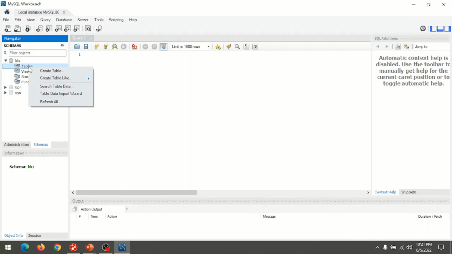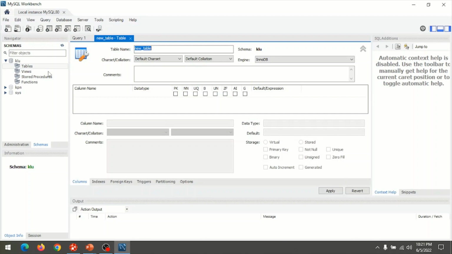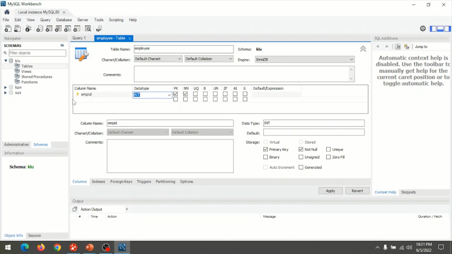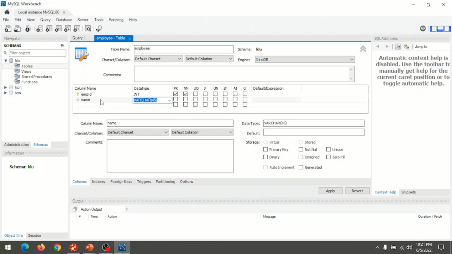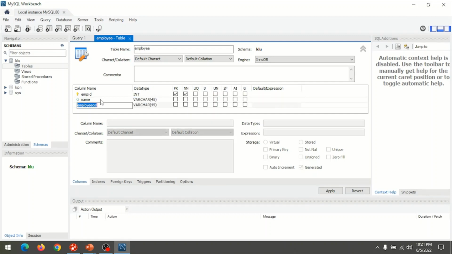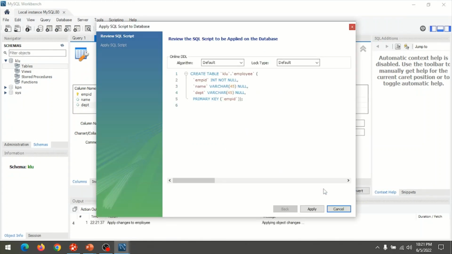So choose tables, right click, use the option create table. The table name is employee and create three fields: employee ID, data type integer, make it a primary key and not null, then employee name, varchar 45 is okay. Next create department, varchar 45. Then apply, it generates a query,